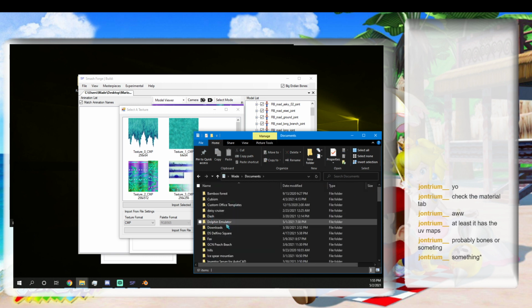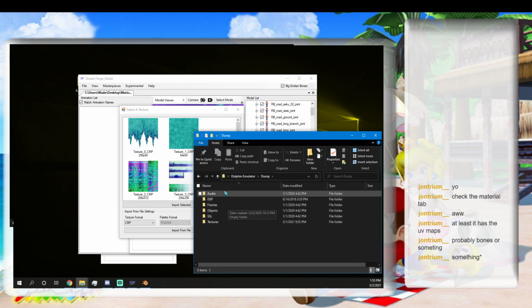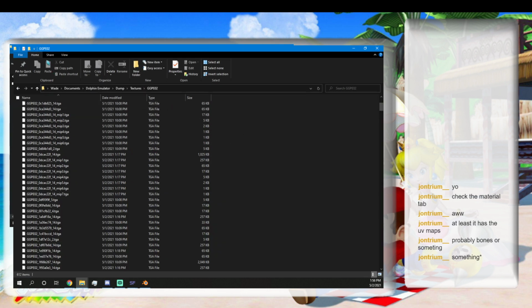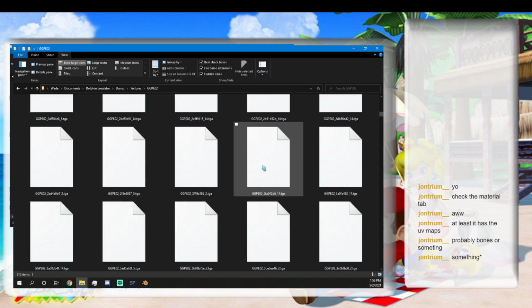Documents, then Dolphin Emulator, dump, and textures. Yeah, there it is. And then this should have all the textures in the game in TGA format. Which also doesn't help because you can't really see TGA format in Windows File Explorer, so it's just kind of like me dragging and dropping them into a program until I find the right texture still. But at least I have the textures for Rainbow Road here, so...